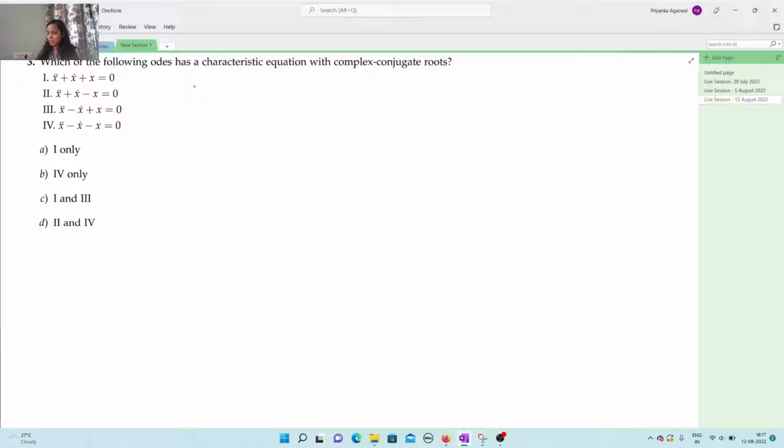So in this case, b square minus 4ac will be 1 plus 4, which is 5, and this is greater than 0. So in this case, we will have real roots, not the complex conjugates. So far we know that this has complex conjugate roots, this doesn't. And the next is